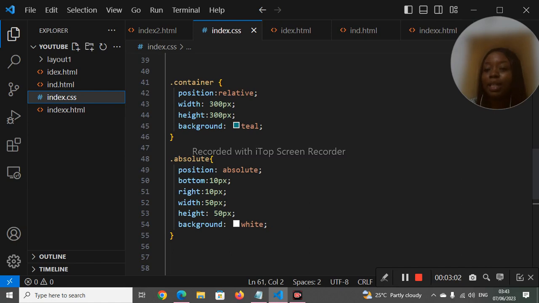In this case, this bottom and right is going to describe the distance between the relative positioned container, which is the parent of this absolute element. So the main element, which is the one I set relative, which is the parent of this absolute, is going to